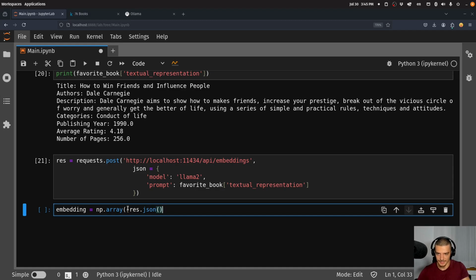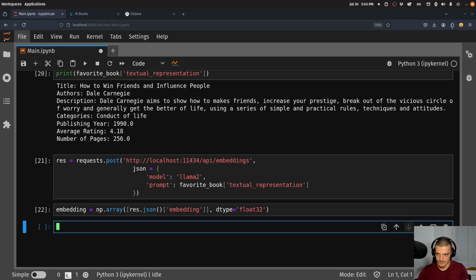Yeah, we need to actually use this thing here for the shape. So response.json embedding, and then the data type is equal to float32. This is now the closing bracket. Actually, we need it like this. There you go. So that's the embedding, and now we have to feed this into our index and search for